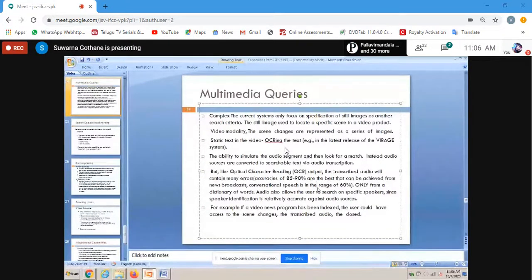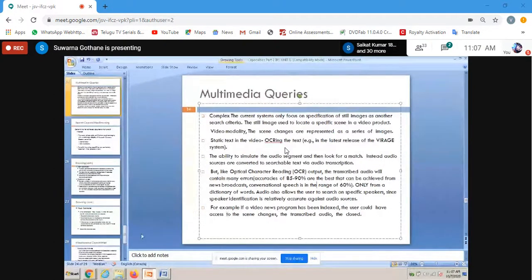If it is a Russian person, the English words used may differ. British English words may differ. So where the person lives, which locality, what words he has in his vocabulary, and what is in the system vocabulary, the chances of errors increase. So this is about the multimedia query.